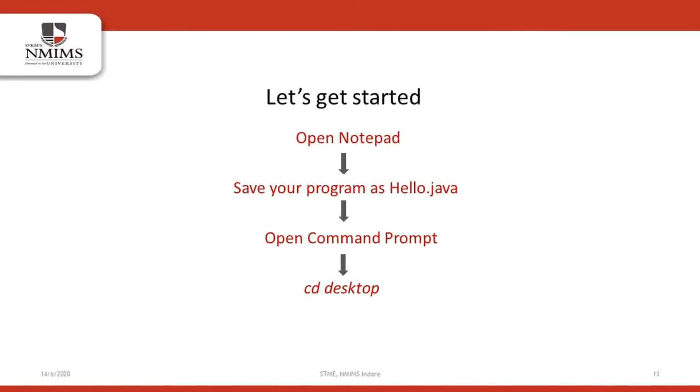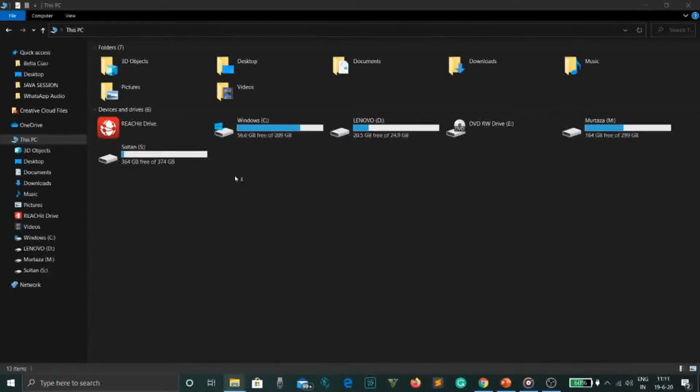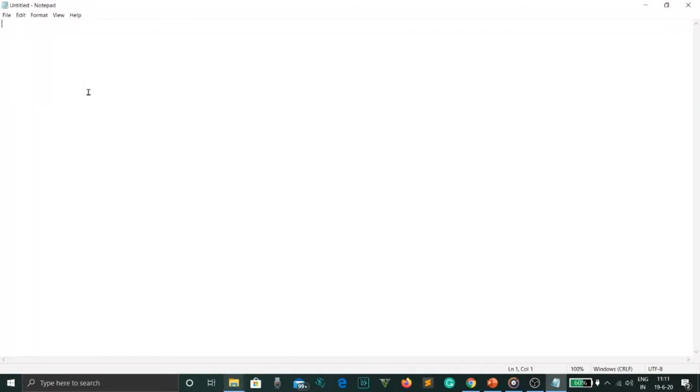Let's get started with our first program. This program we'll be doing on command prompt so that you can get the right idea how it is actually done. Then for later programs, we will be doing it on an online compiler. If you're still uncomfortable using command prompt, we've put the link of the online compiler in the chat box. You can always use the online compiler. Right now, I want you to open Notepad, just like that, and start typing with me.